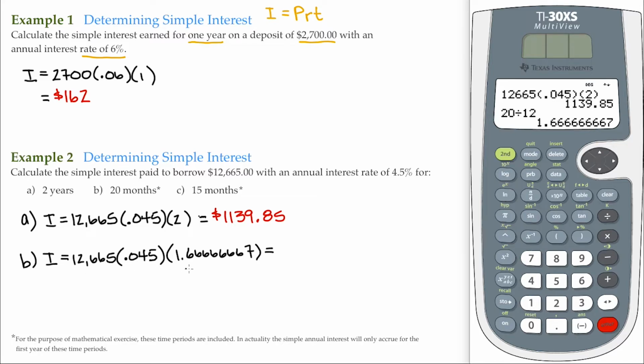So now we could go ahead and enter this in our calculator just like this. So we'll do the 12,665 times 0.045, and then times that by the 1.66666667, close off that parenthesis, and we have